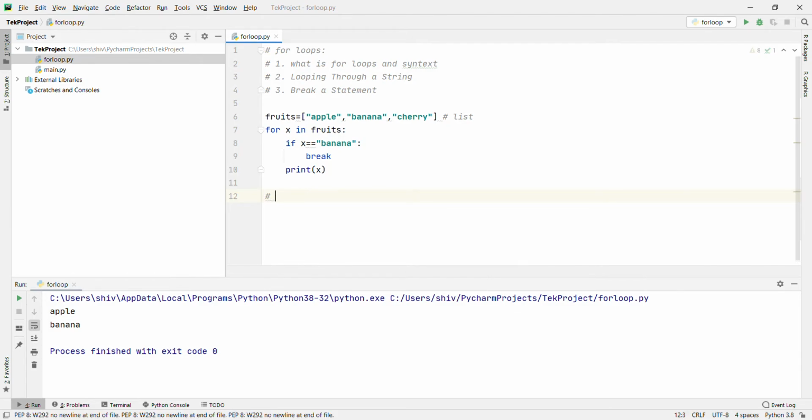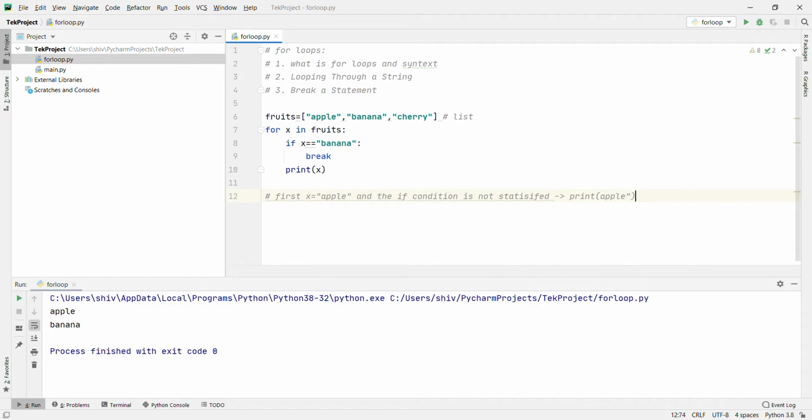First apple will come, x is set equal to apple, and the if condition is not satisfied, then it will print x, meaning print apple.